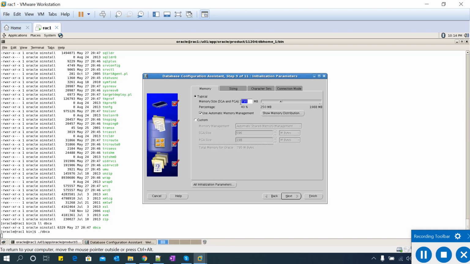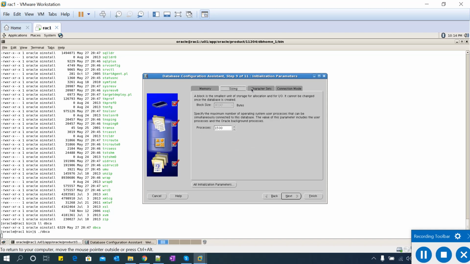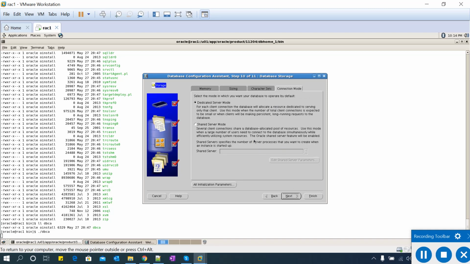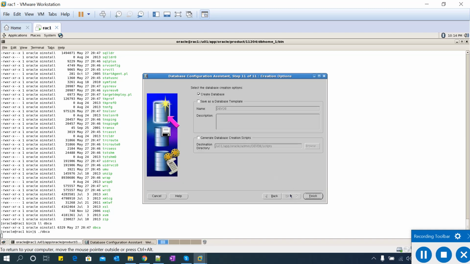Okay, so now what I'll do, I'll give 1024, 1 GB of RAM. Next. The remaining I'll go with as it is. Next, finish.